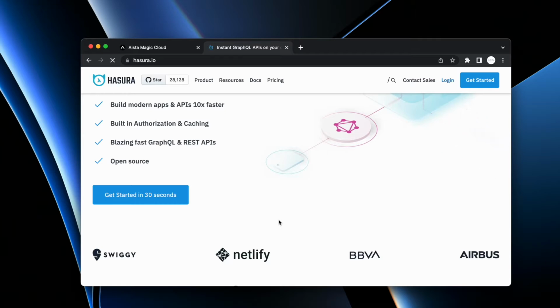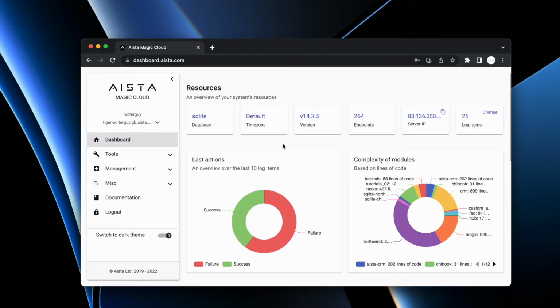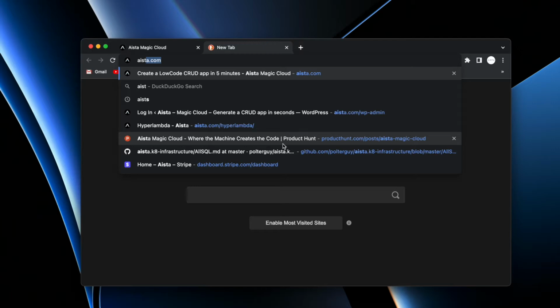Now, a huge problem about Hasura is that it's literally impossible to apply business logic. Let's say you have a registration HTTP endpoint where you actually need to send an email to do double opt-ins on registrations or something like that. Well, at this point, actually, aista.com comes to your